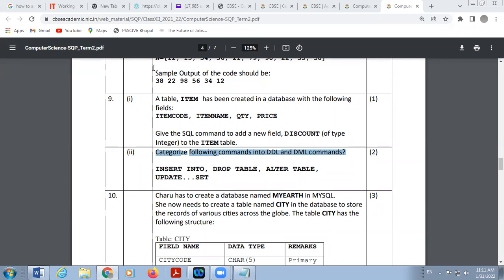These queries are used to change the structure of your table, ठीक है। और डाटा से लिंक जो भी कमांड्स होती हैं, उन कमांड्स को हम कहते हैं DML. For example, you want to insert the data, तो INSERT INTO; you want to update the data, change the data, UPDATE command is there, ठीक है। Next is